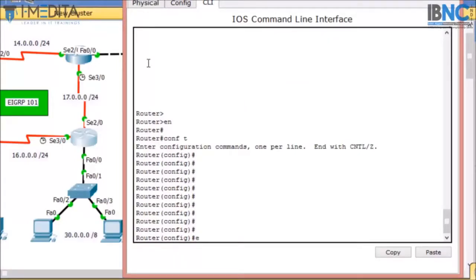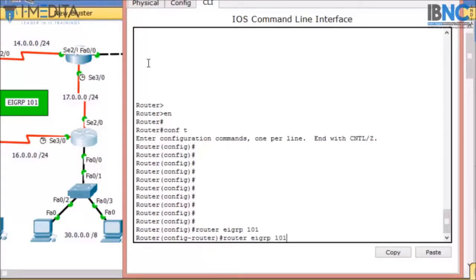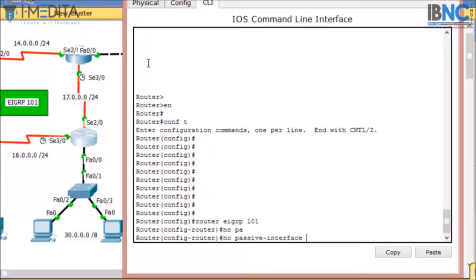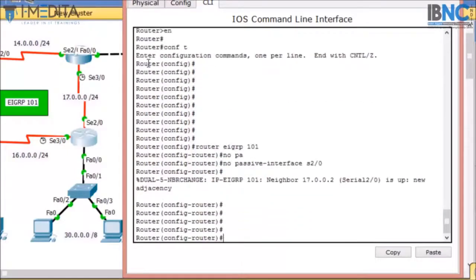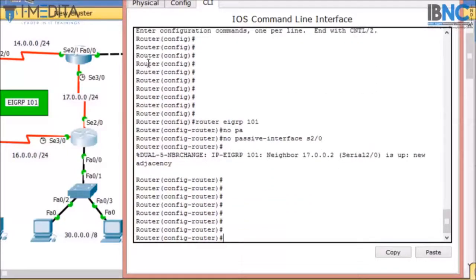So we go to router eigrp 101 and type no passive-interface serial 2/0 and hit enter. As soon as we enter this command, the neighborship comes up. That is how you can configure the passive interface.